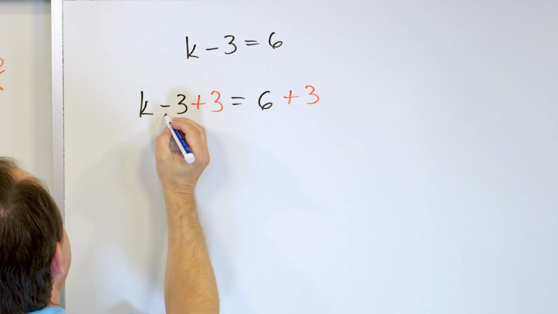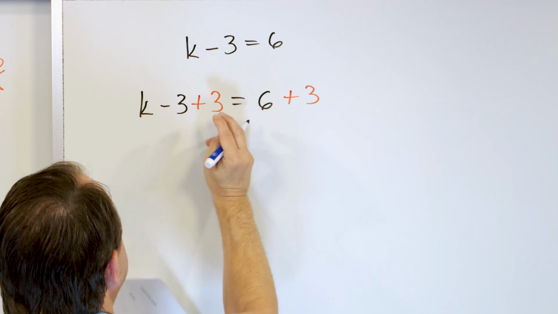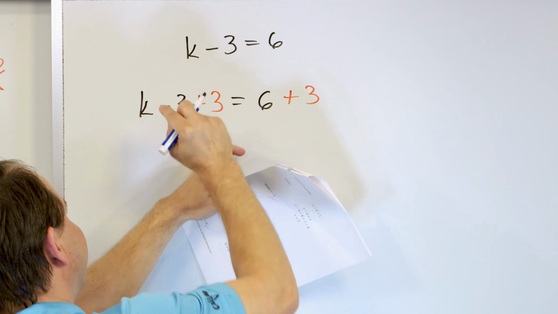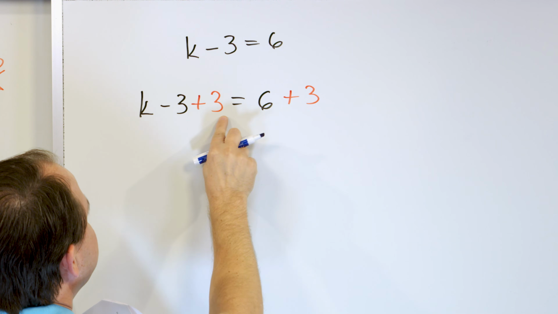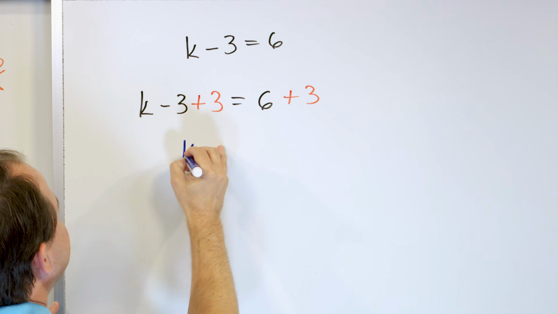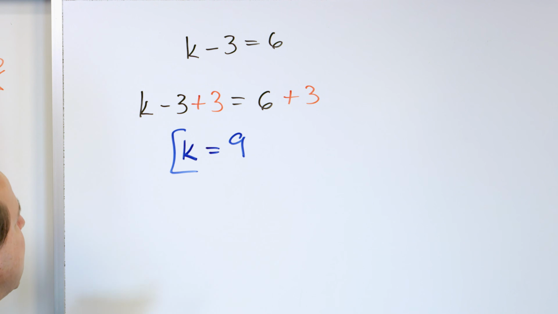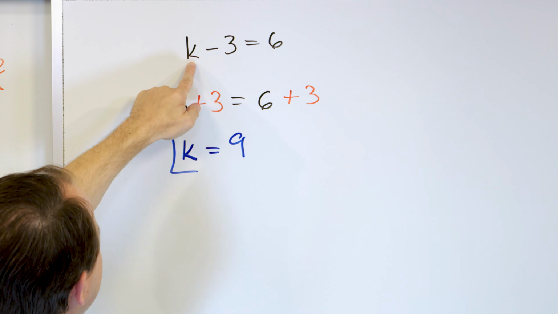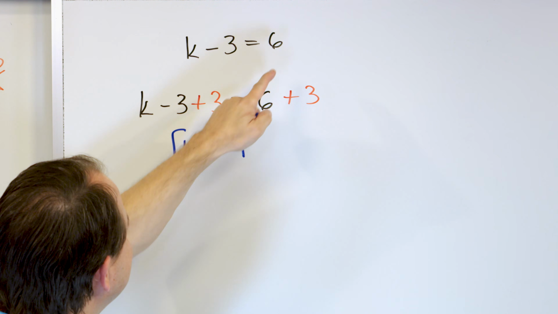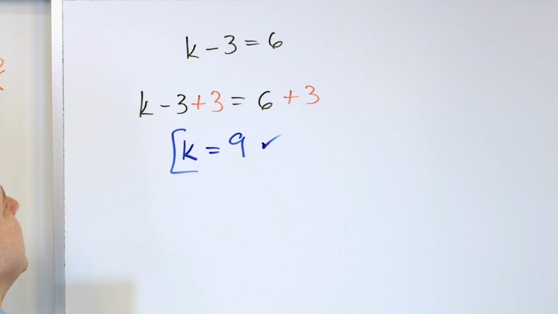So on the left, we have minus 3 plus 3. Or if you want to think about rearranging it, 3 minus 3 is 0. Either way, this is going to become 0. All you will have left is k. And then 6 plus 3 is 9. And the answer is k is 9. Let's check it. Let's put a value of 9 into here. 9 minus 3 is 6. So we just checked it and made sure that it is